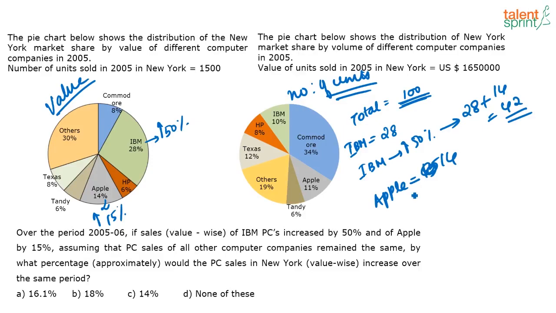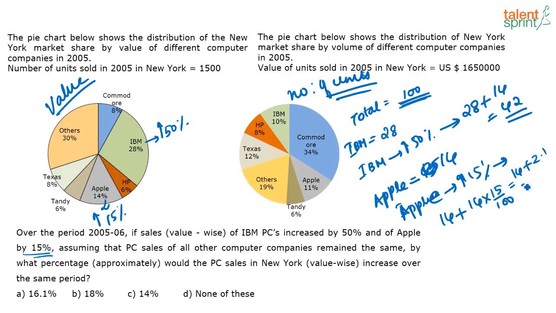14. Now, they are saying that the sale of Apple is increasing by 15%. So, how much is the sale of Apple now going to be? The sale of Apple is increasing by 15%, or it is nothing but 14 plus 14 into 15 by 100. Correct? That is 15% of 14, or how much is this? 2.1, correct? Yeah, 14 into 15 is 210, 210 by 100 is 2.1. So now its sale is becoming 14 plus 2.1, or it is becoming